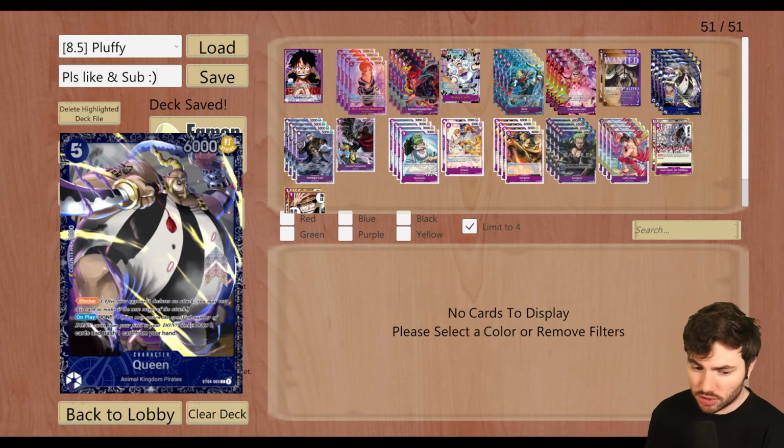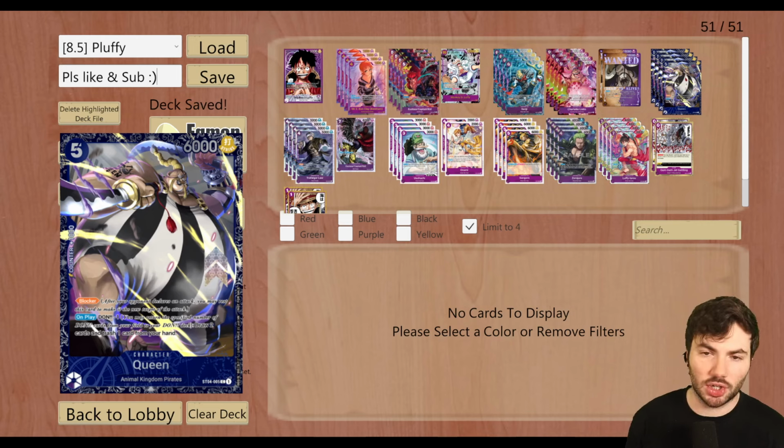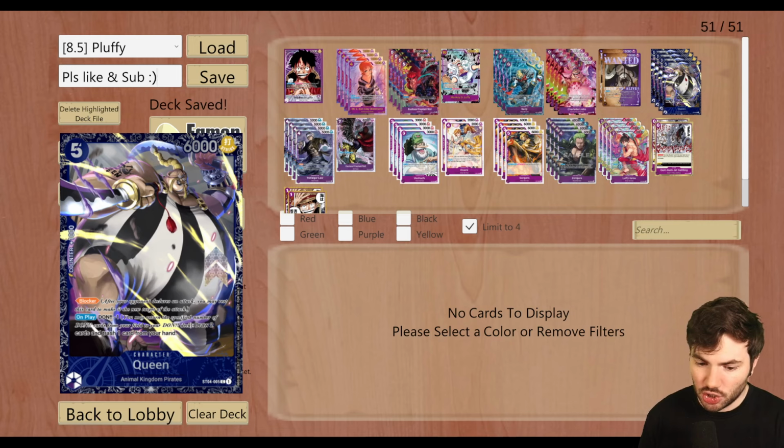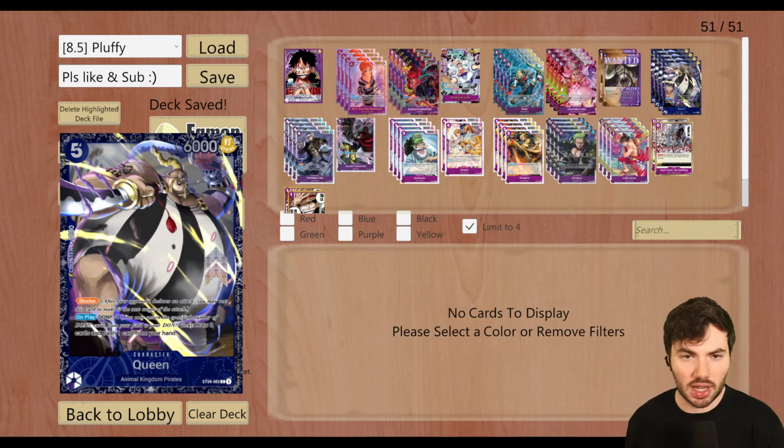I really like this card as well. I see some lists just not running it altogether, but this is a blocker from the Dawn of time for this game that says on play, Don -1, draw 2 cards, and trash 1 card from your hand. Card draw is extremely important with this leader. I have to admit that I'm not a huge fan of playing Purple Luffy, and I think the reason why